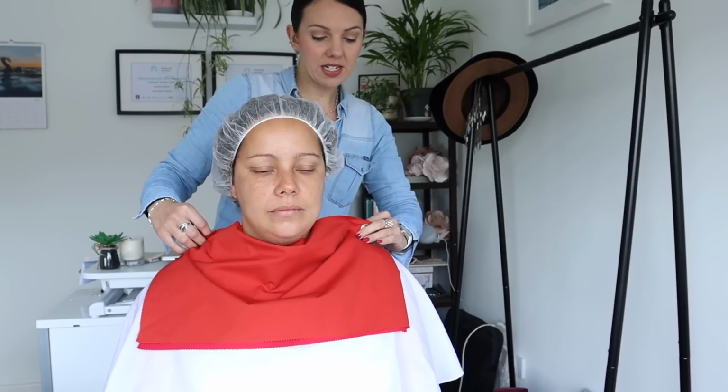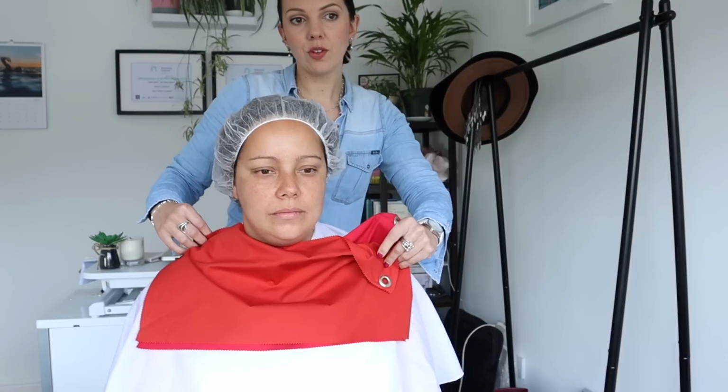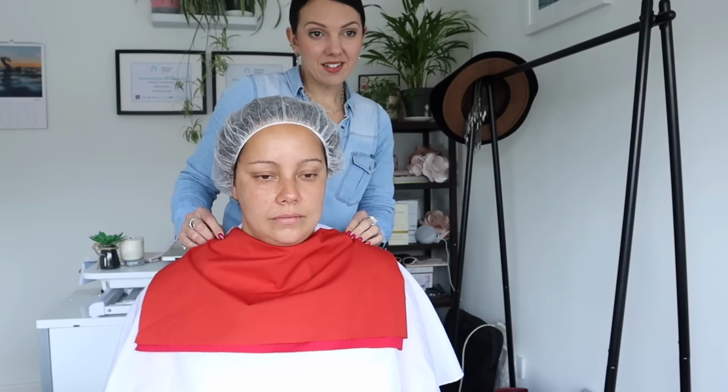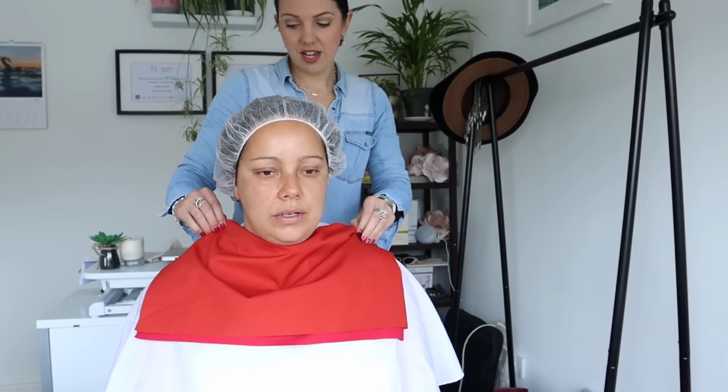Okay, Mariana, so I'm going to compare these two reds. The first one is tomato red, so it's a warm red. A little bit more orange and yellow to this red. Underneath, I'm going to show you a cooler red. So what I'd like you to do is focus on your skin rather than on the colours. Okay. And just see if you notice anything, okay? All right, so there's the warm